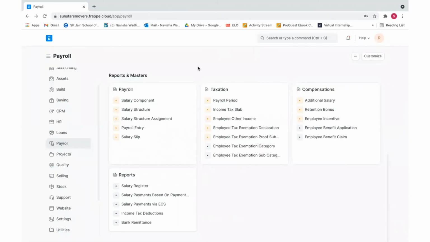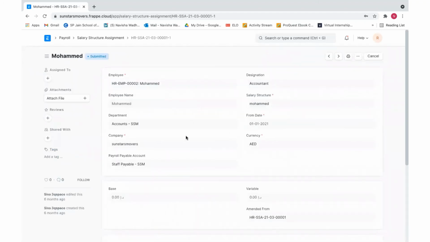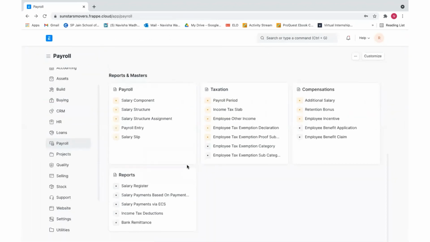The next thing is the salary structure assignment in the human resources module under the payroll. The main feature is to associate the salary structure already created to a particular employee. We have created a salary structure for every employee and we associate it with that particular employee. Once you specify the name of the employee, other aspects related to the employee are updated. And then we have to associate a specific salary structure to that particular employee. Also, there is one important variable that needs to be updated, which is the date when a new employee joins the organization. Hence, all this covered a brief overview of the salary component, the salary structure, and the salary structure assignment.